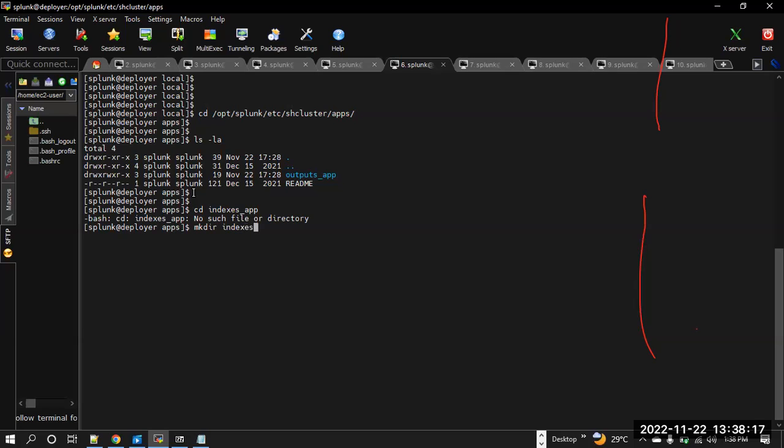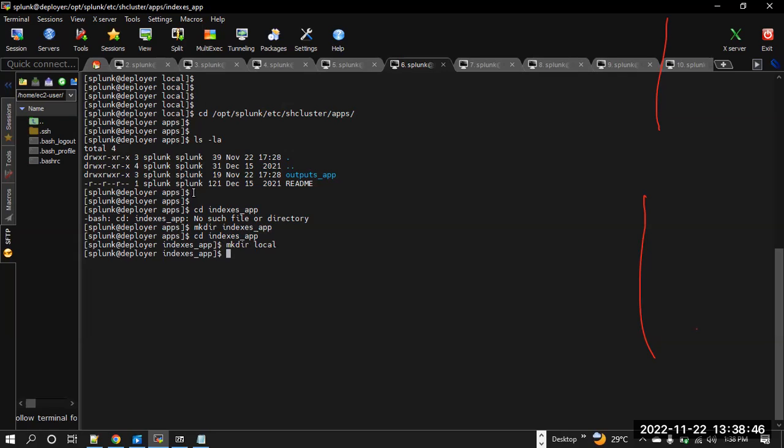And it could be any name here though. So I can now recall my command, and here in indexes_app, should I go ahead and just create the indexes.conf? I think I should create it in local directly. Okay, let me do that. So make directory local,